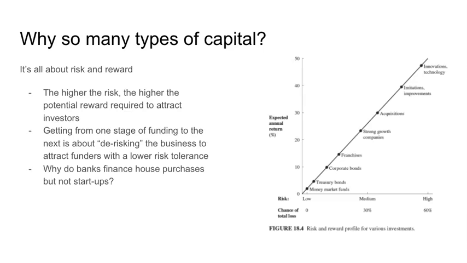A bank has an extremely low risk-reward profile. It wants to take minimal risks, and it's willing to accept modest rewards for that. A house has all sorts of advantages. You know exactly where it is, and you can get an awfully good sense of how much it's worth at any given time. And, even better, if you unexpectedly end up owning the house, you can turn around and sell it on a well-developed market. All of those factors make it possible for banks to do mortgages, to loan money for home purchases.